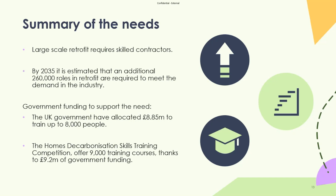So something like the adoption of PAS, although it's seen as potentially quite an expensive process if you're only doing one or two measures, is worthwhile in terms of the long-term lifetime of the property and doing retrofit measures in the right order to the right quality, etc. You do have that medium-term improvement plan, which is part of the